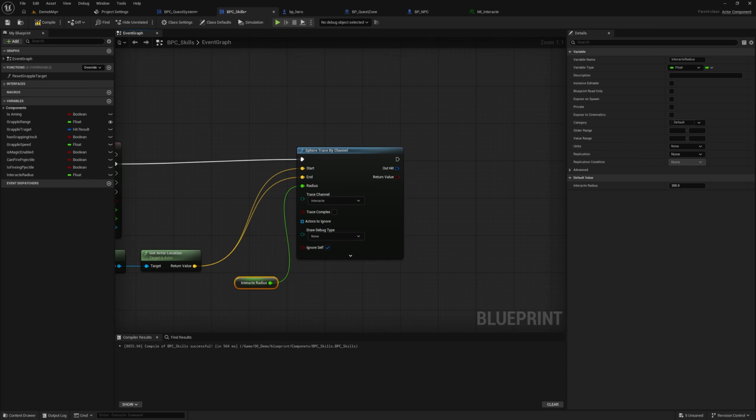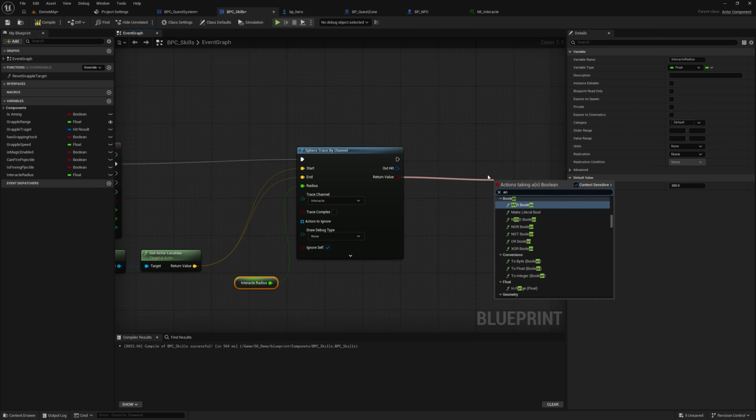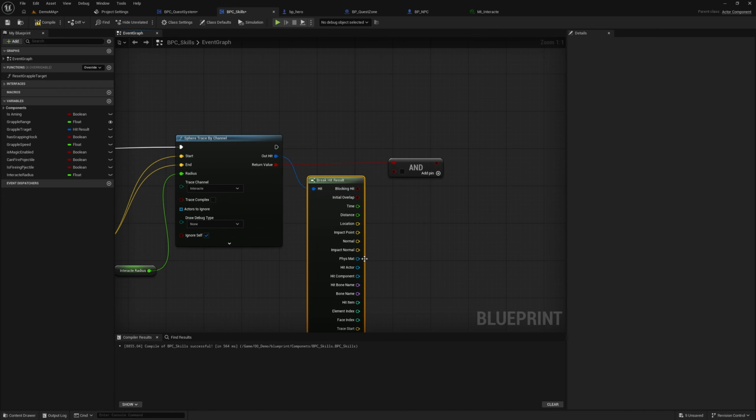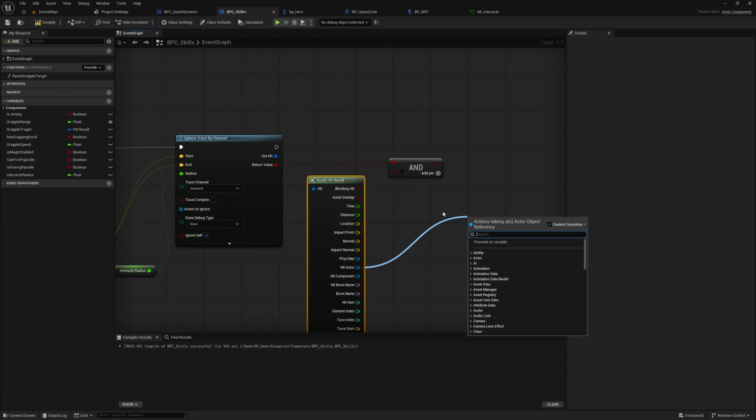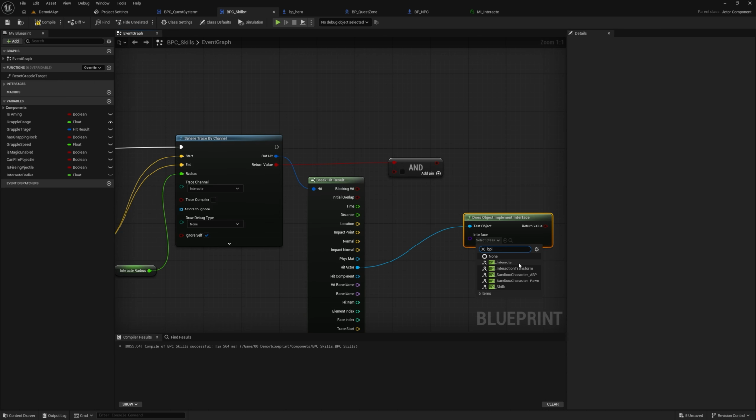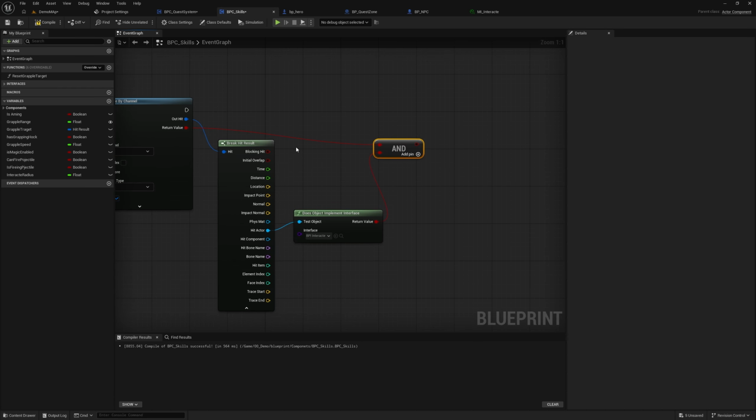Then we want to check, hey, did we hit anything, as well as, and do an AND boolean, because we want to check the break of our hit results if the hit actor does implement interface of BPI interact. If it does both of these things,